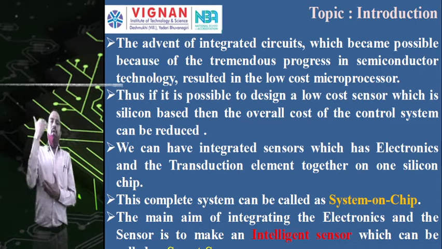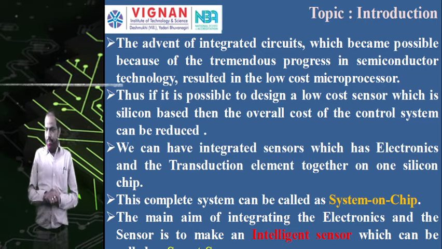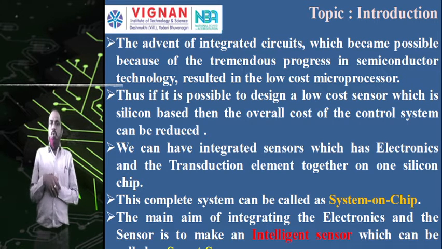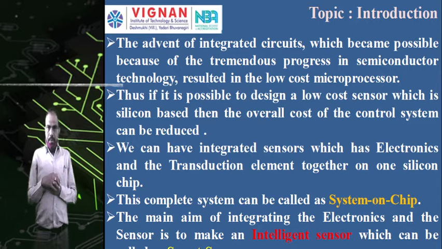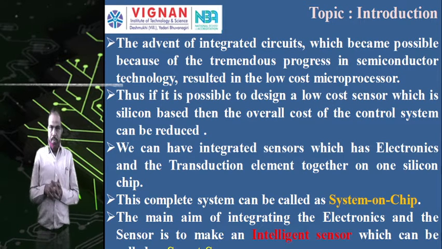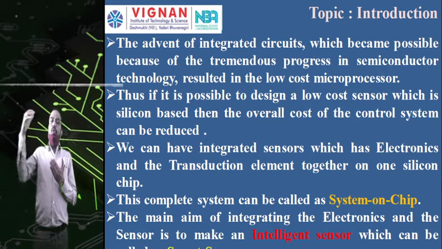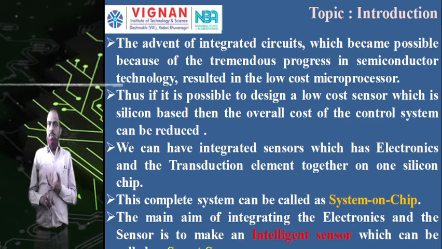Before discussing the actual integrated or smart sensor, we'll discuss the mobile phone. What is a conventional mobile phone? What is its function? It is used to make and receive calls, and we can communicate with other persons through audio. But nowadays we have smart phones that have some intelligence also. In addition to normal calling, they can provide other features like internet browsing, we can play games, we can use the camera. So many advancements we have, that's why it is called a smart mobile.